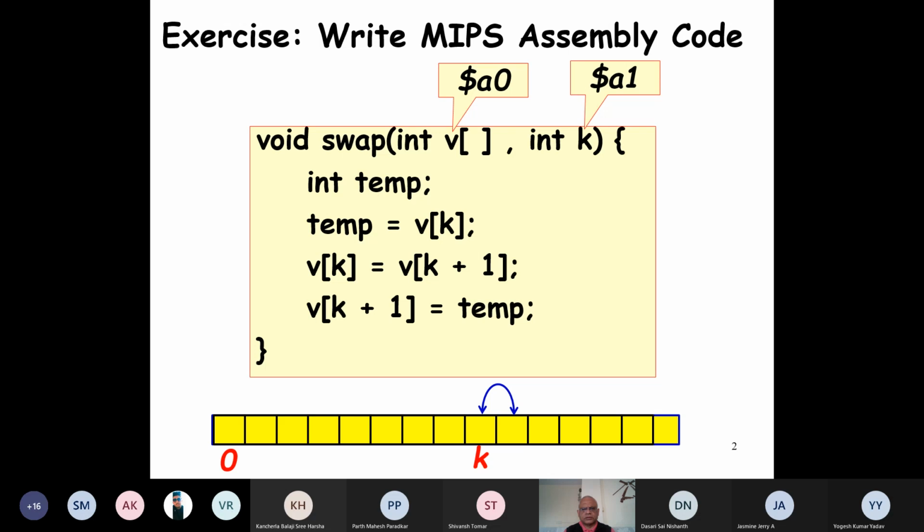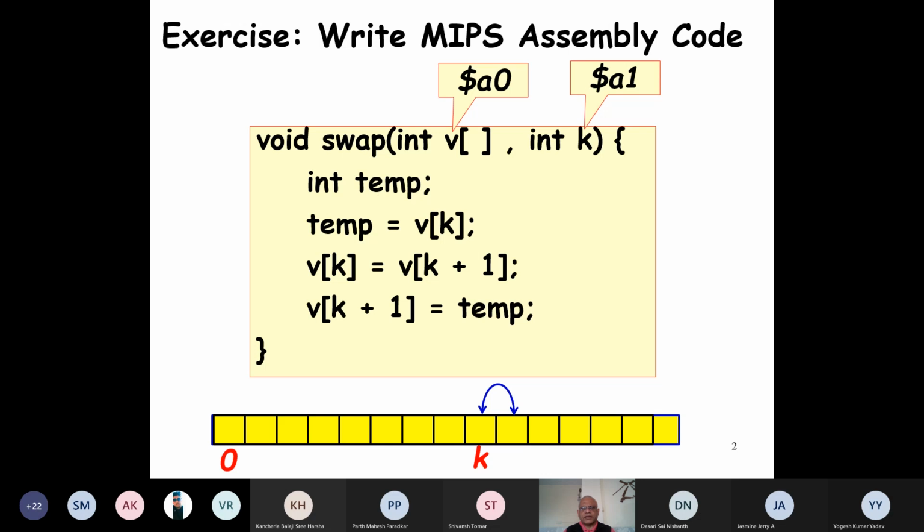Now, how do we go about writing the assembly code for this procedure? As we said, the first point to start is we will give the label as swap. And during the call, we'll jump and link to swap. So the address of the array is available in register A0, argument register 0.